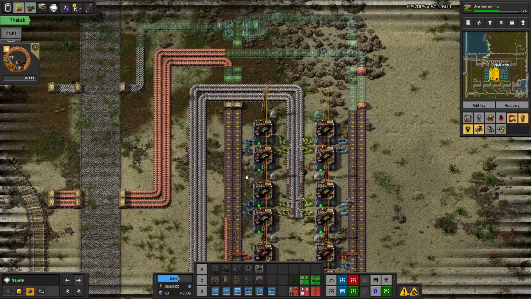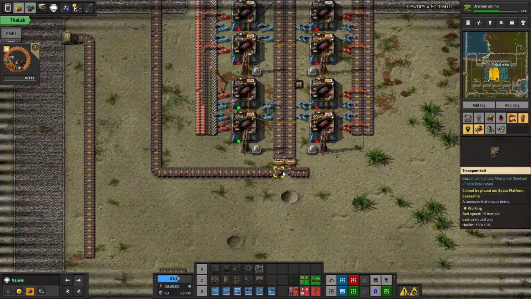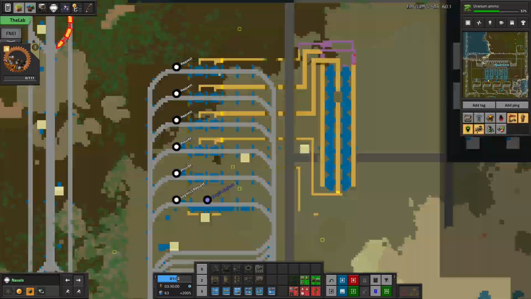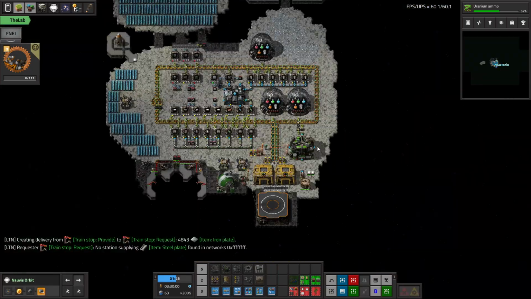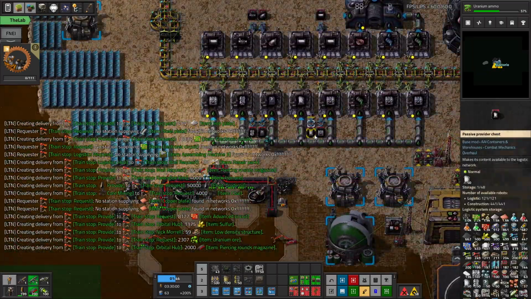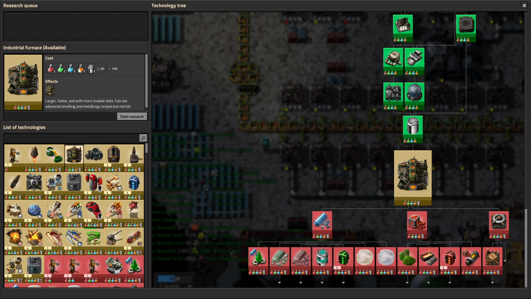Okay, I think that will basically behave correctly and give us more ammo. Because we have behemoth biters now, which is scary, and we need to soon produce also a bunch of uranium ammo. So we were working on it, but we ran out of military science, so let's work on some new research. We can still do things that don't require military science, and the first thing is probably this,